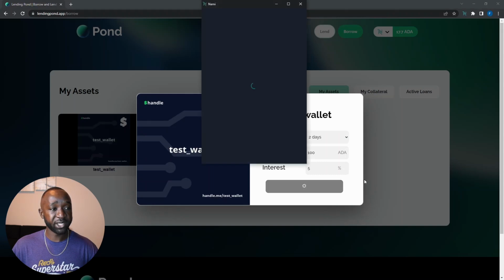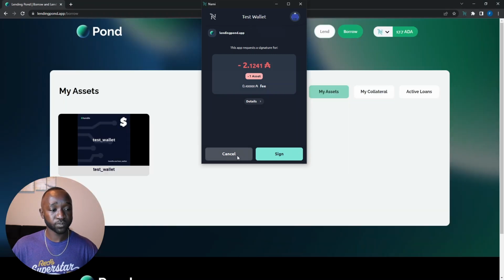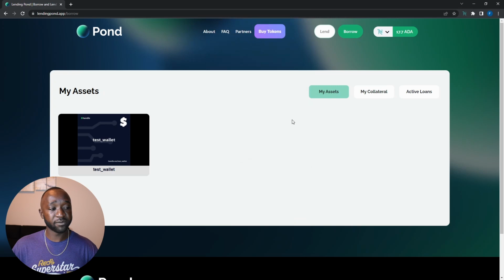We're going to give this a second here to load. And from here, I could actually sign my transaction. And again, my loan would then be listed out and broadcasted to all the lenders. Since I'm not going to actually be filling this out, I'm going to go ahead and cancel. And that's really going to cover the